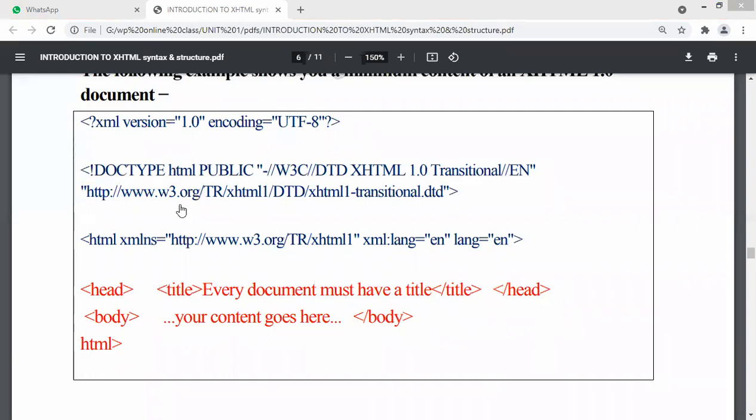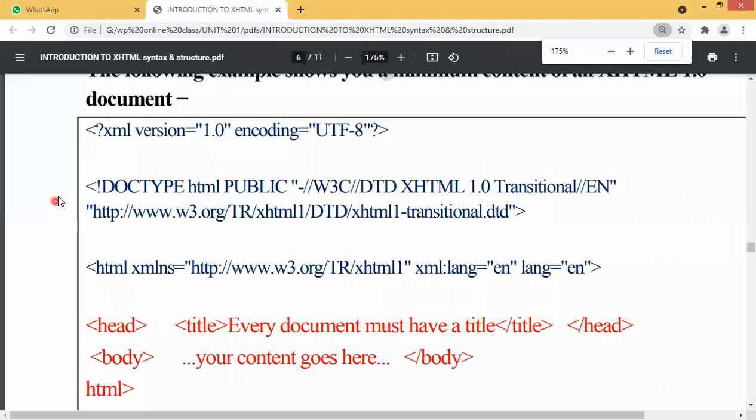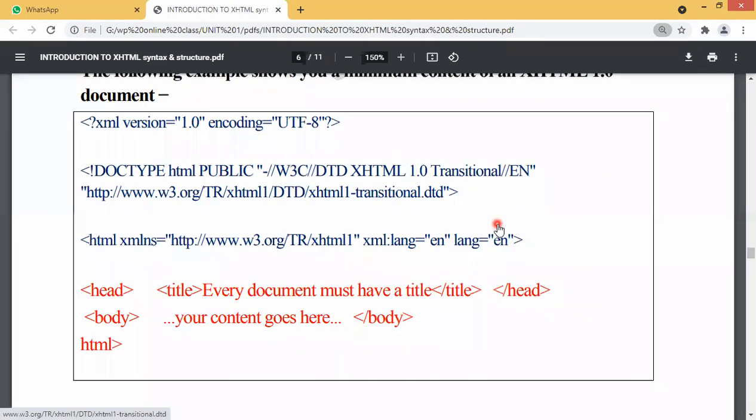Document type definitions. This is one header, right? I told you this is the default header which they are using here. Which one? See this one, the transitional DTD. Similarly, there are 3 types of document type definitions which we can use. All 3 are used, but by default we use this.